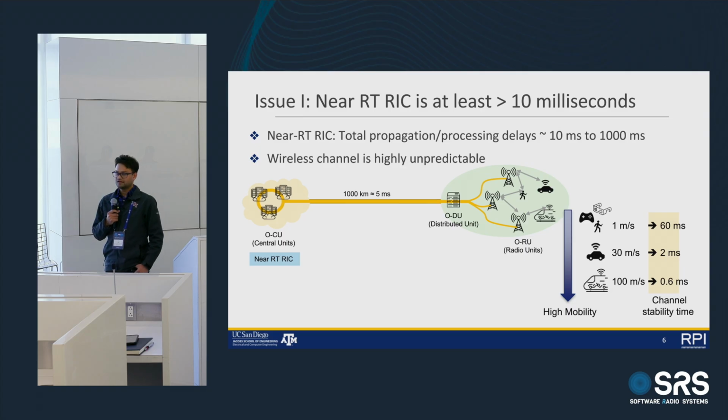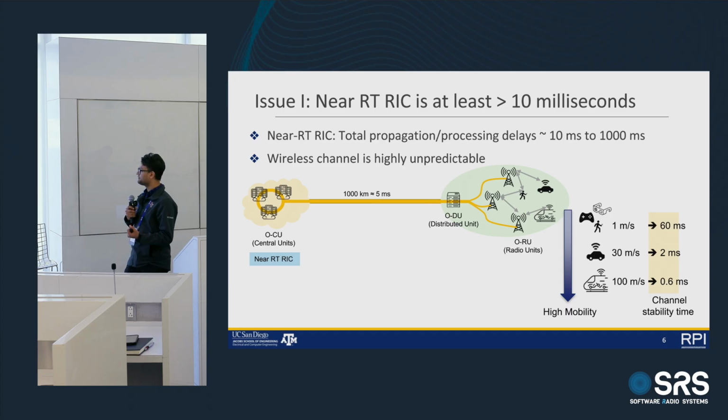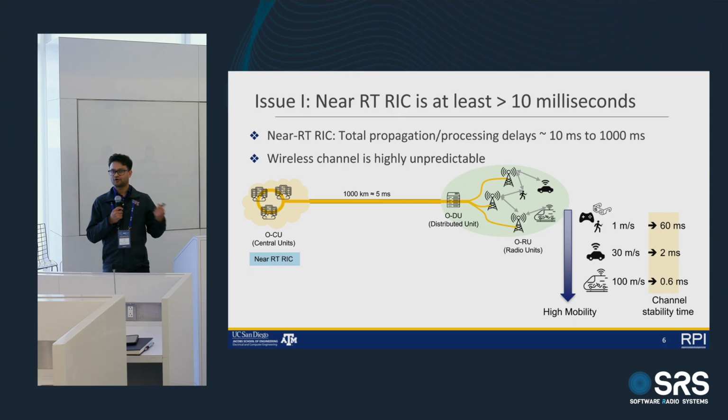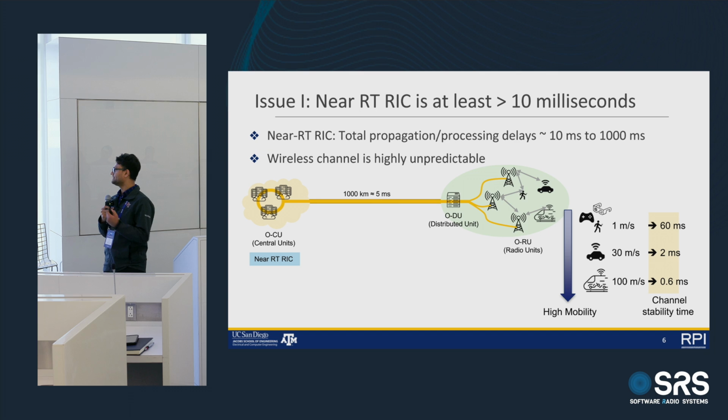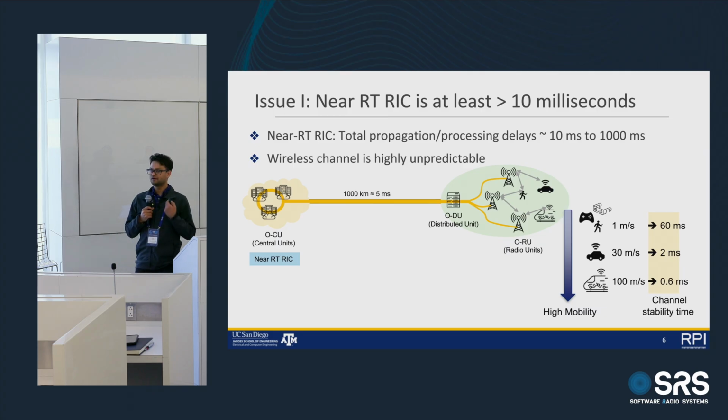Most decisions like scheduling are taken based on the channel condition, but the channel changes so fast that if you implement any channel-aware strategy in your near-real-time or non-real-time RIC, you are pretty much working with an outdated channel, right? So for physical layer or MAC layer features in the RU and DU, we need something which provides updates as fast as the channel changes, so that the decision or new updates arrive before the channel expires.